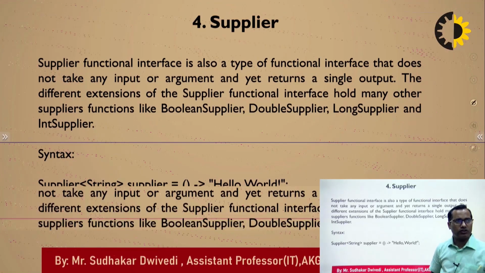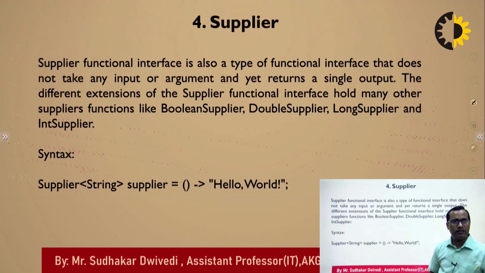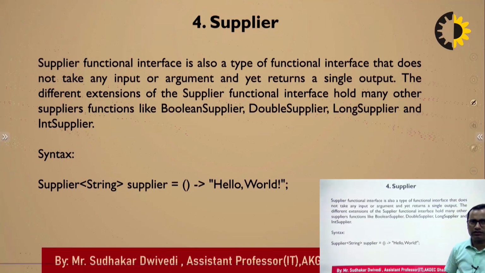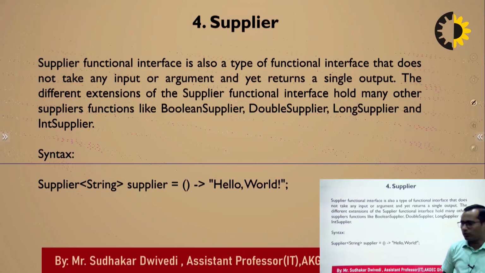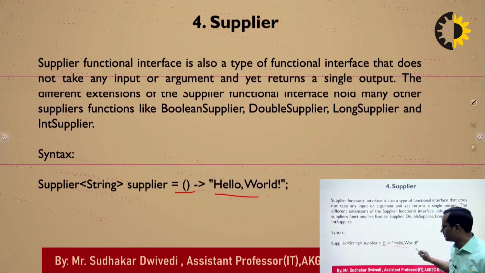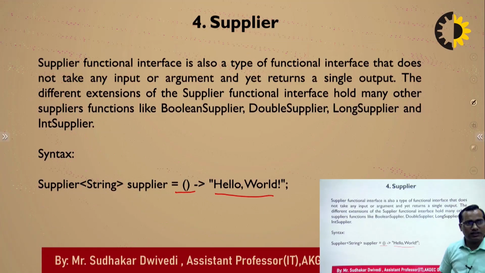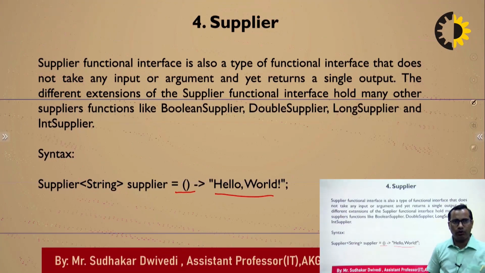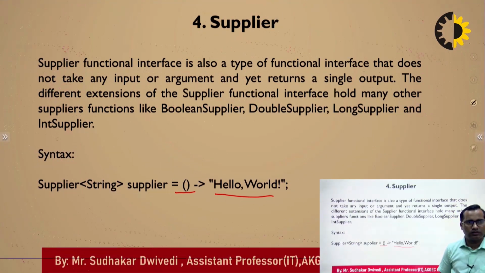Now the supplier function. The supplier functional interface is also a type of functional interface that does not take any input. It does not take any input, but it produces the output. So the supplier functional interface is not taking any input, but it returns the output. So the different extensions of the supplier function